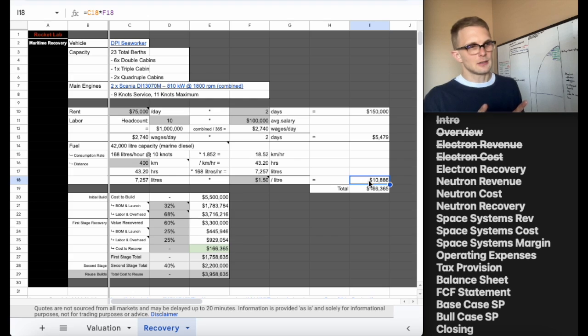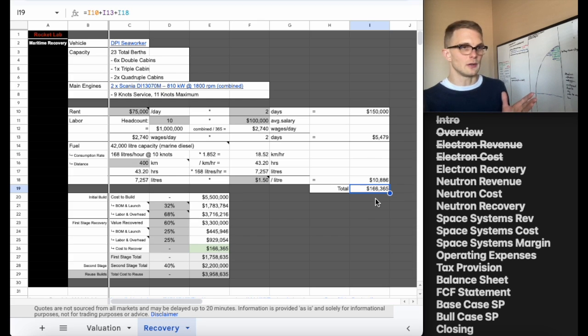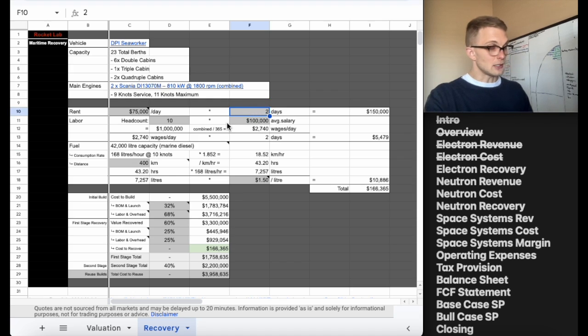So that all being said, as far as the overall recovery tag, one thing that I'm not clear about is generally when Rocket Lab announces that, hey, we got a launch window, usually it's a few days, right? And I don't understand how the relationship might work between the rental company and Rocket Lab, because if they have to rent it for the days that they just might use it, we'll just adjust it here. And again, for those who are manipulating the variables at home, all of these dark gray cells can be adjusted. So for example, if we go with 5 days instead of just the 2 days,